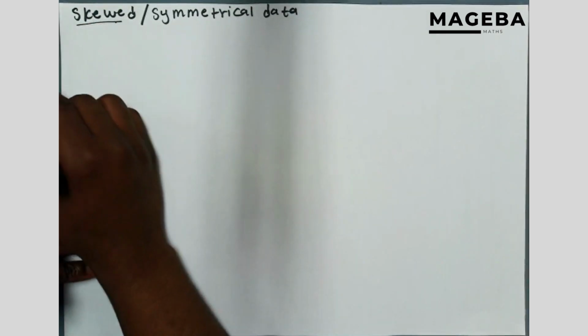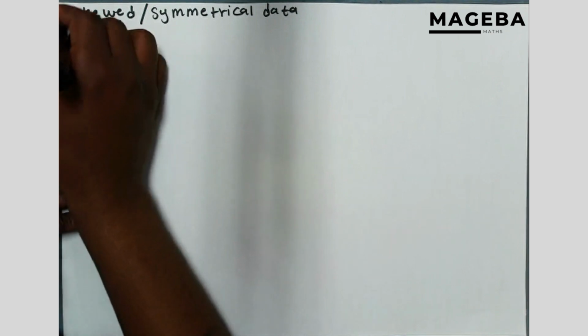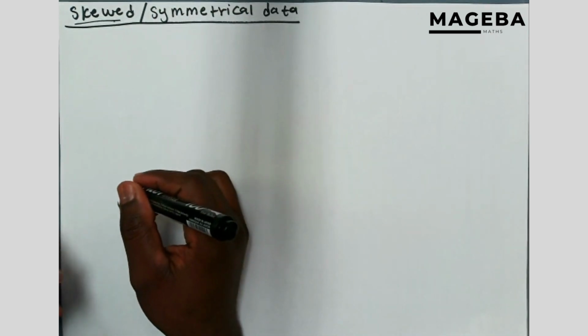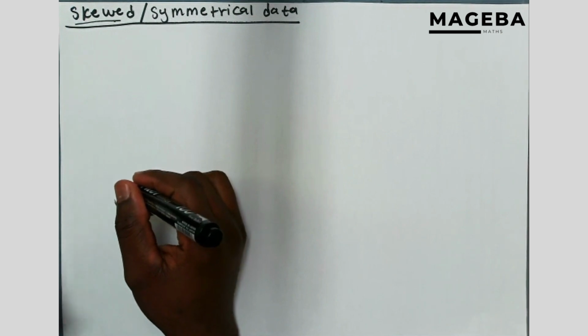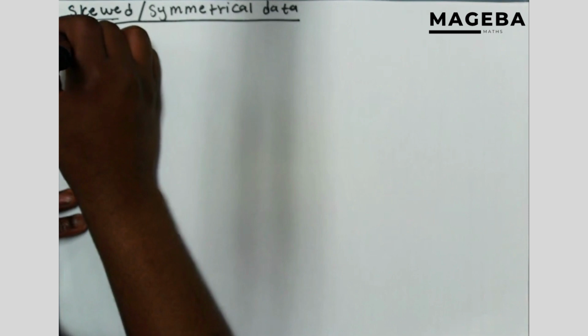So let me start. Skewed and symmetric data, guys. I've explained one of the important things about skewed from my previous video. If you watched that video, I'm just gonna put the link below. Please go and watch that video. The video is very, very important. Now, one of the important things here: